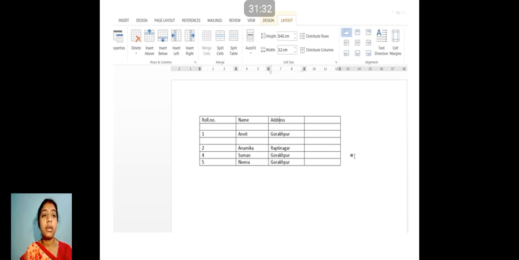According to your requirement and your choice, from anywhere you do it, all these three options will provide you the same content, the same properties. Only the places are different, but all will work the same. Either you choose it from the ribbon or from the shortcut menu, all are the same. Or you click your right mouse button, that will also give you the pop-up menu. From there also you can do the same work as per your requirement, inserting and deleting. I hope all these points are clear.